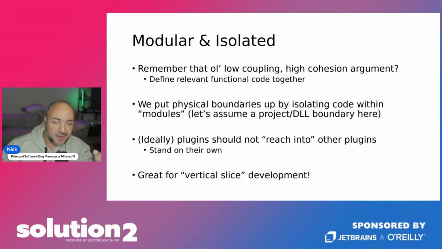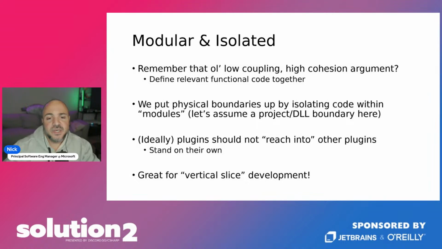Sorry that you can see me bobbing and weaving. It's kind of weird to say physical boundaries because we're talking software. It's not physical, but if you're talking about C#, for example, we're talking about our csproj files. I like to think about leveraging project files as boundaries. Now you don't have to do this, right? You can design modular software and you don't have to go make a million projects. But when I'm building plugin architectures, I like to segregate different functionality into separate projects. And that's almost like a forcing function for me